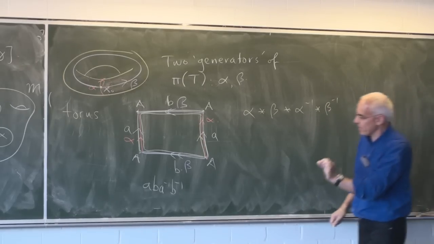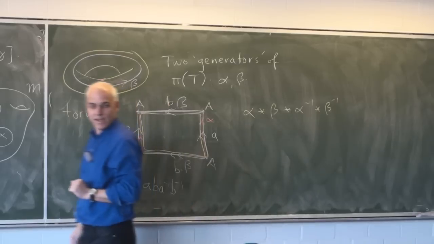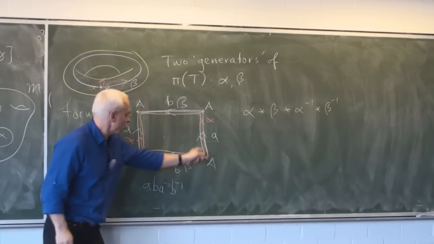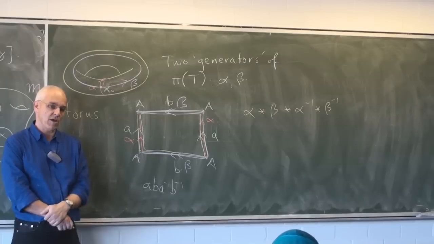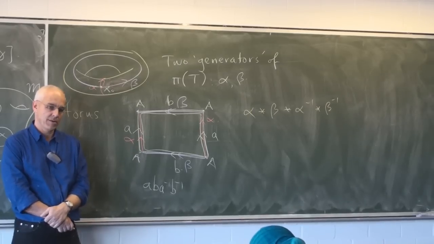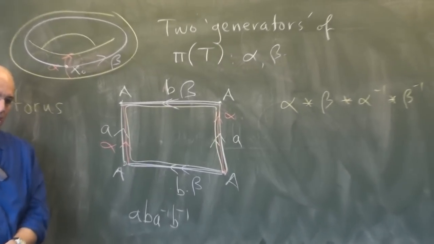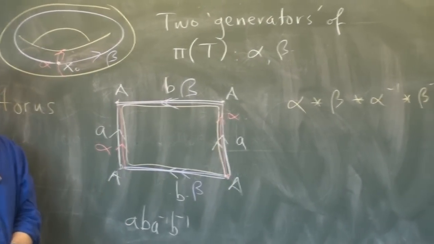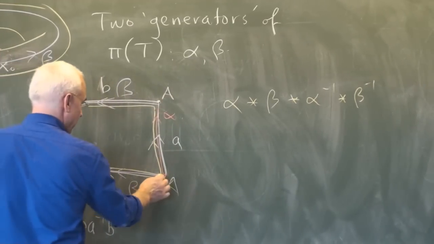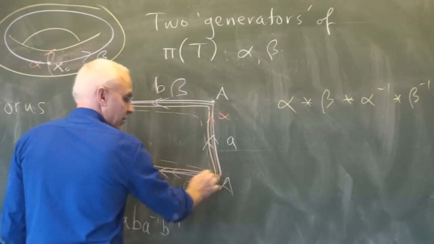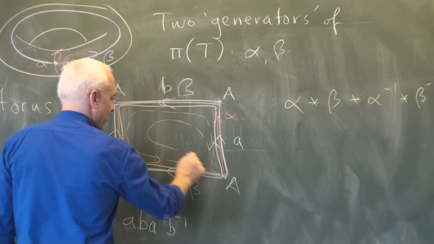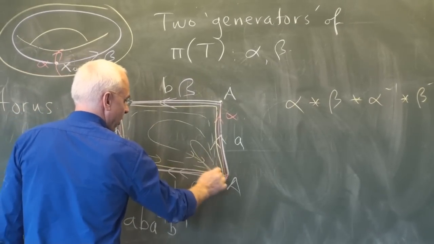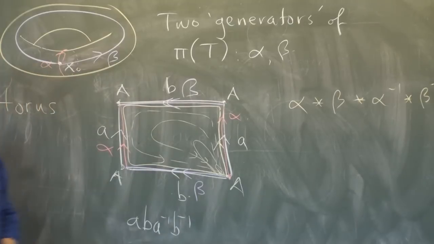And that particular combination has a very special property. Namely, this combination loop in yellow is obviously null homotopic. We can shrink it. We can shrink it because we can do that right in here. There, I've shrunk it a little bit. I've shrunk it some more. I've shrunk it some more. It's down to the constant loop.